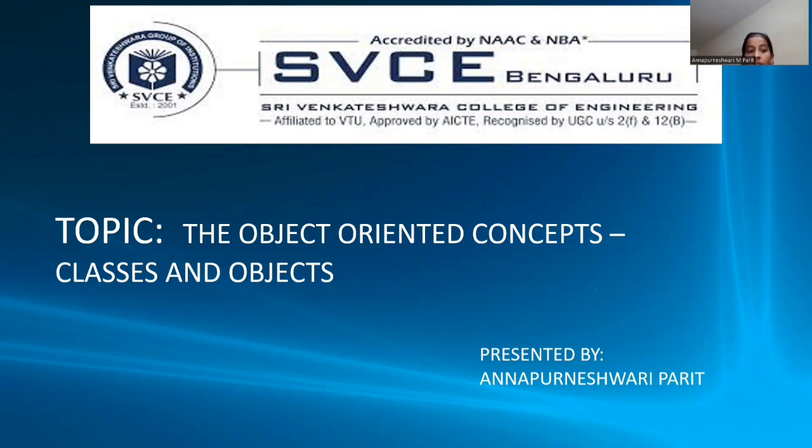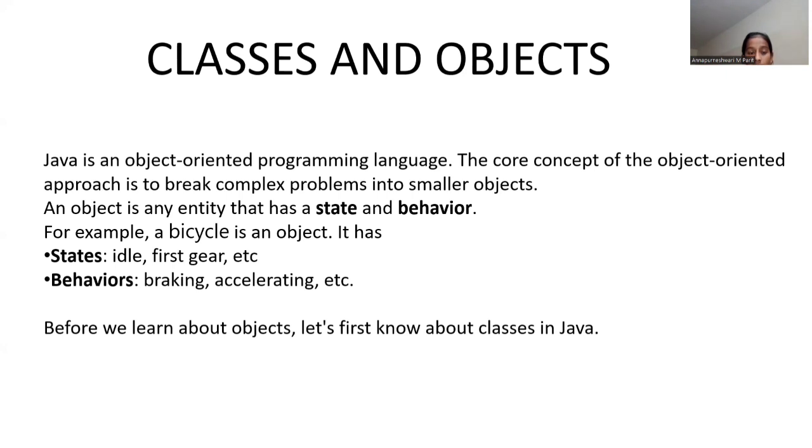And nowadays, Java is used popularly because of its high quality learning resources, active community support, high quality development tools, and security. And Java is known as platform independent because it can be run on any platform like Windows, Linux, etc. So let us know about classes and objects in Java.